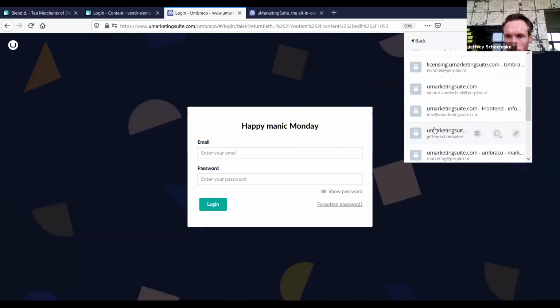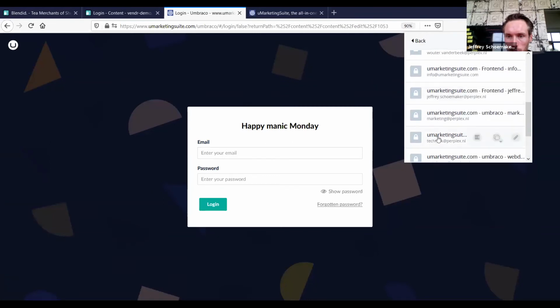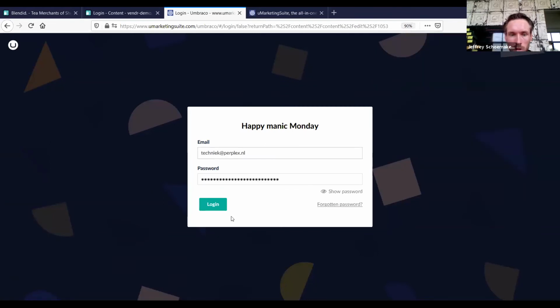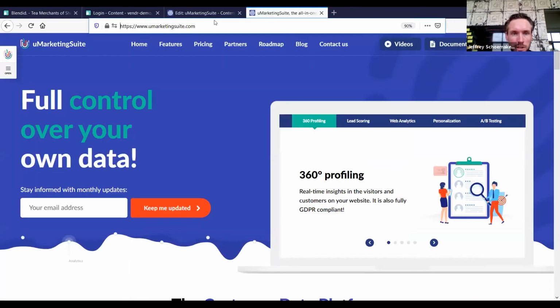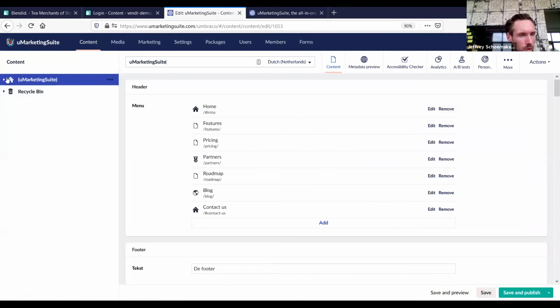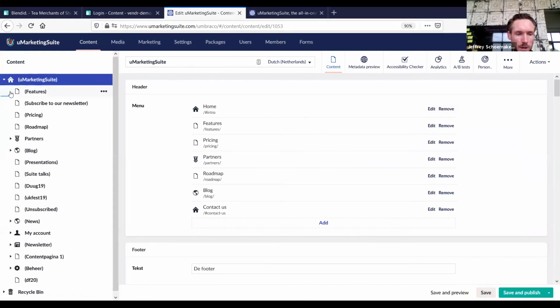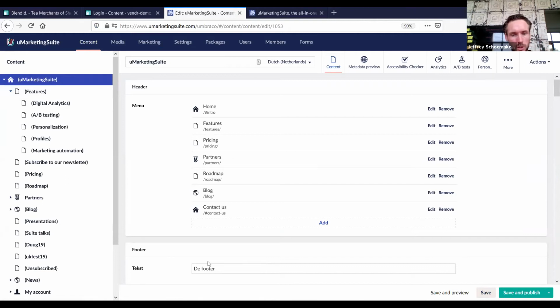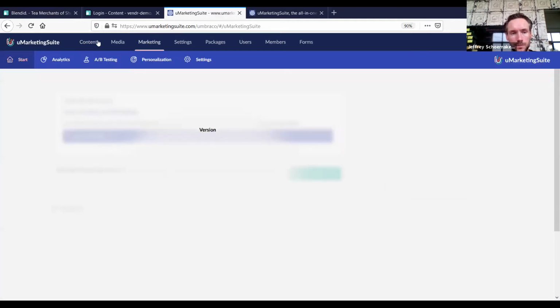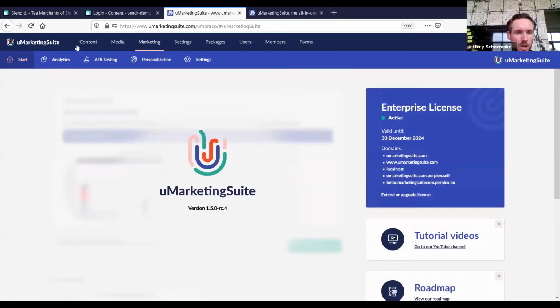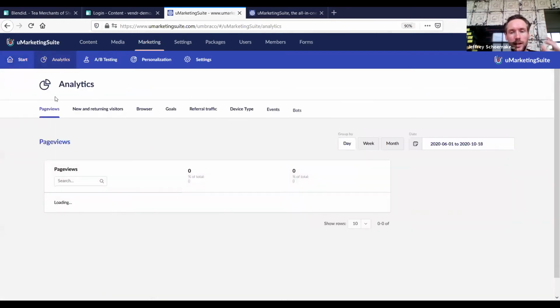I have to log in, of course. This is the uMarketingSuite website itself. So we have a website for uMarketingSuite with all kinds of pages, blog posts, roadmap, etc. It's just your regular Umbraco website. As you may know, you have document types, you have properties, etc. But as you see, we have a marketing section included as well. And if you go to this marketing section, we have an analytics section, and in this analytics section, you have